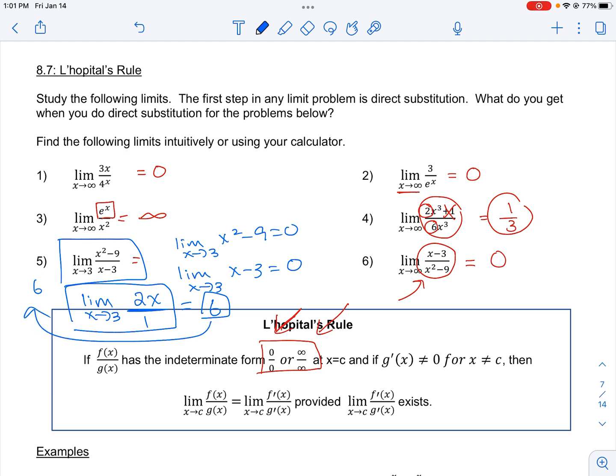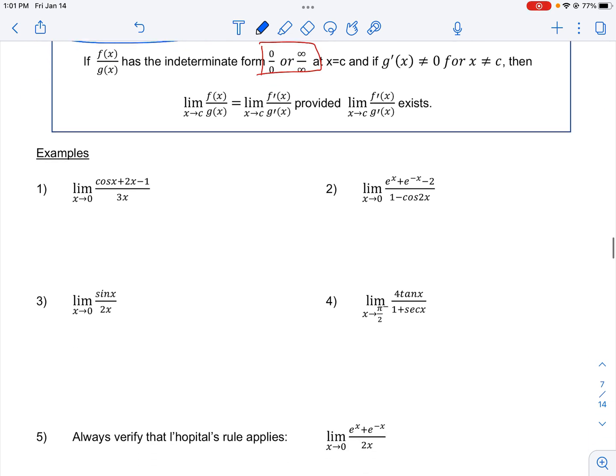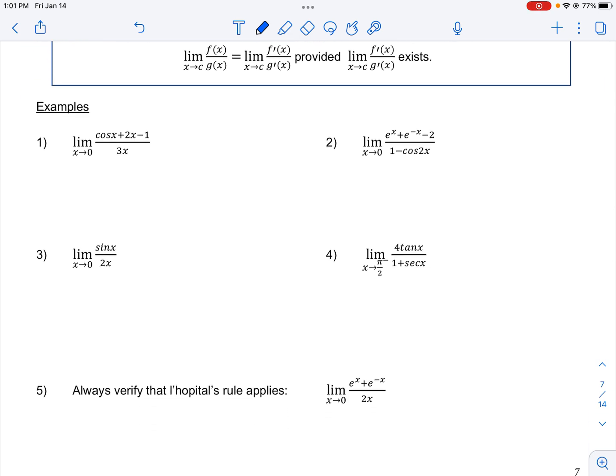And that will give you that correct answer. So this problem, number 5, we could do by factoring, which is actually quicker, or we can use this idea of L'Hopital's rule. Okay, these problems on the bottom here now, these you will have to use L'Hopital's rule. So the first thing you always want to check is: can you use L'Hopital's rule? So that means you are going to check the top and the bottom separately,